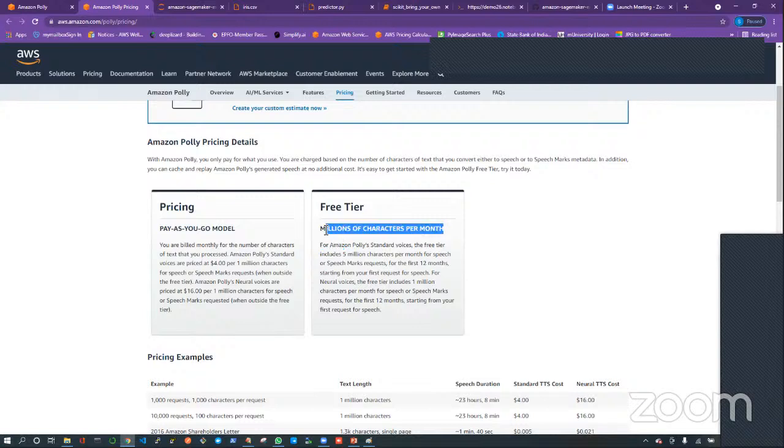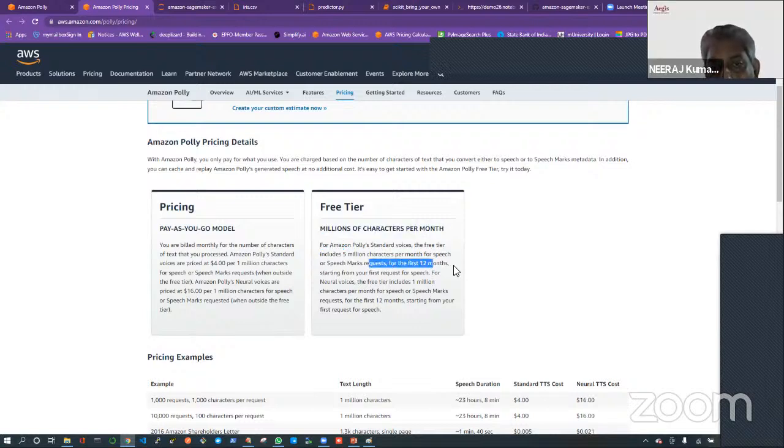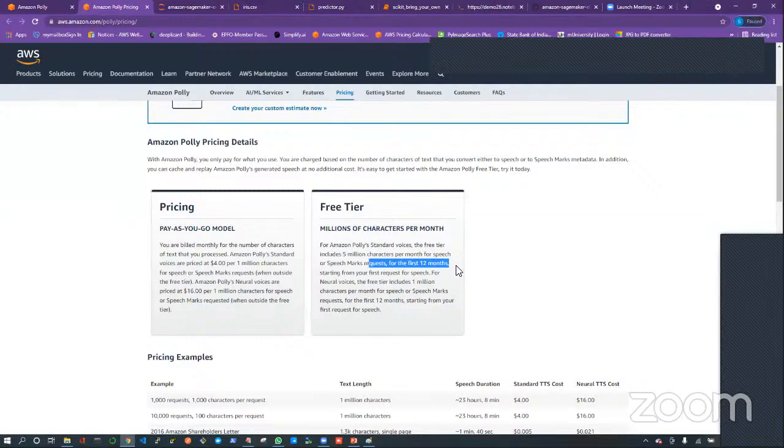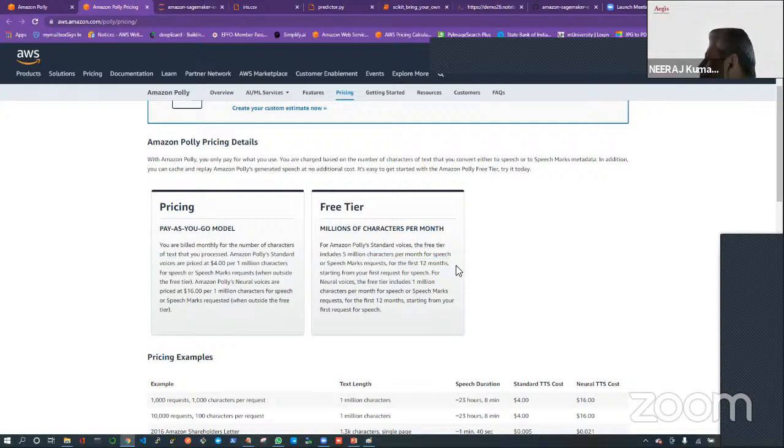That is the monthly quota. Up to 12 months, it means 12 million characters are free to you. For 1 month, it's 1 million characters. So 12 million characters is like literature, a complete book. Correct.